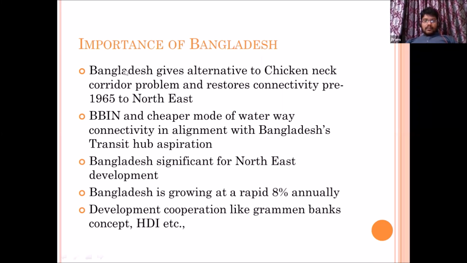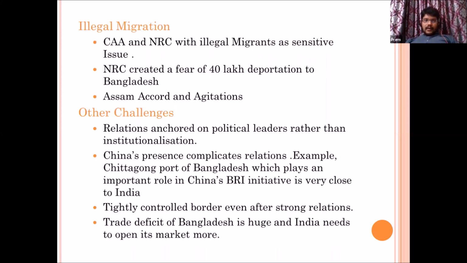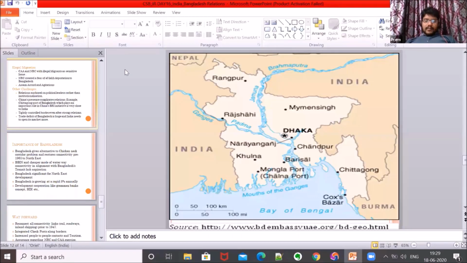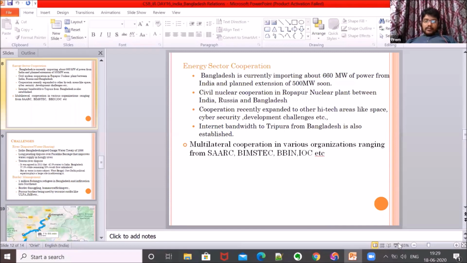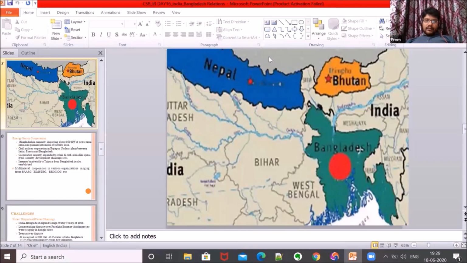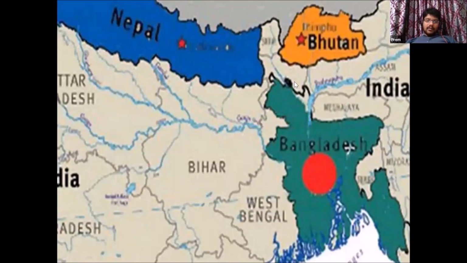So here you all know, as I said, strategically, if you see this map, I have it here. Yes. So already I told you, from the Bangladesh point of view, this is the Siliguri corridor, and this is a very narrow corridor. So we need Bangladesh from the point of view of strategic connectivity. So that is the first major importance of Bangladesh.